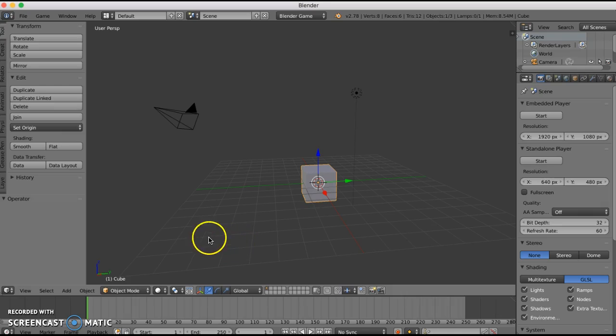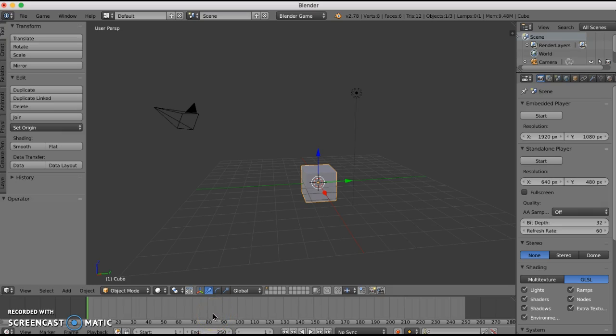So the first step in animation is that you come down here to the timeline and you left click and get your frame playhead to where you want it to go. You'll see the green bar down here follows you wherever you left click and drag. You've got your start box down here telling you what frame you're starting on, and that's usually going to be frame 1. And you have your end frame down here as well,